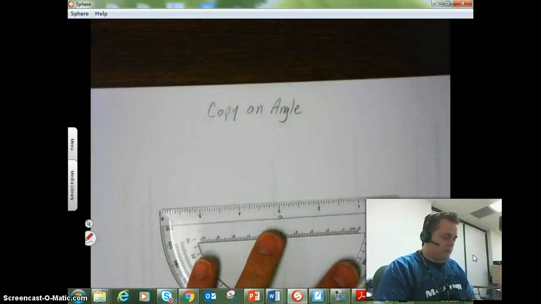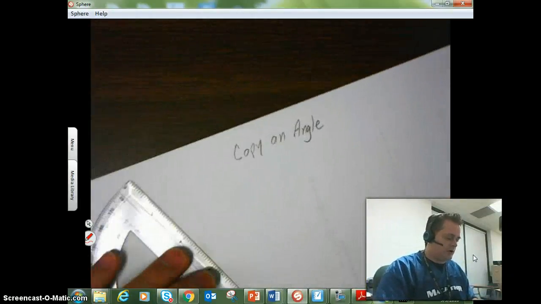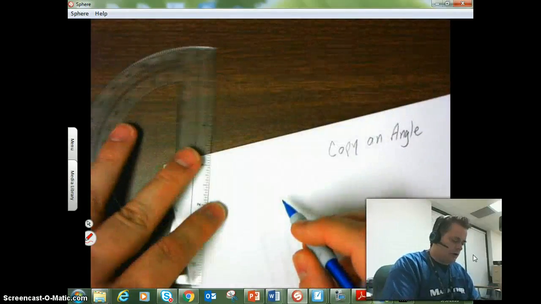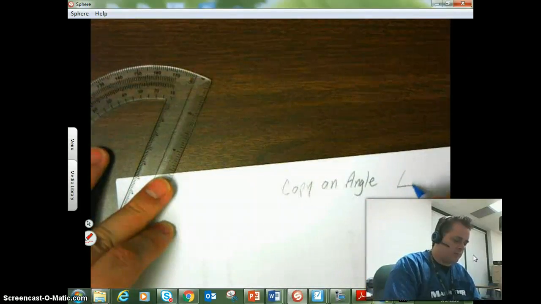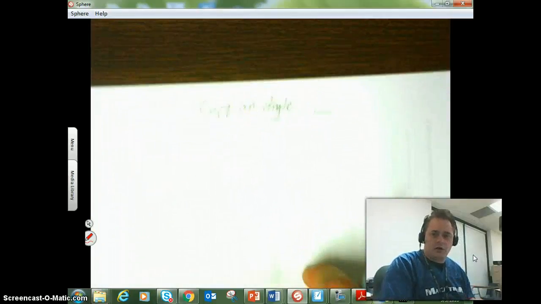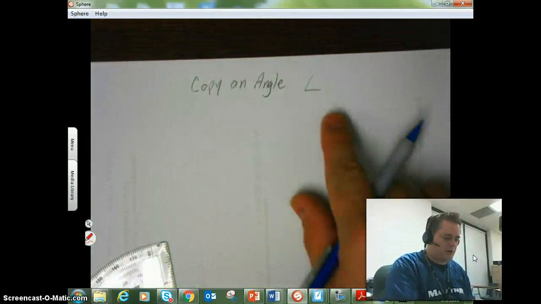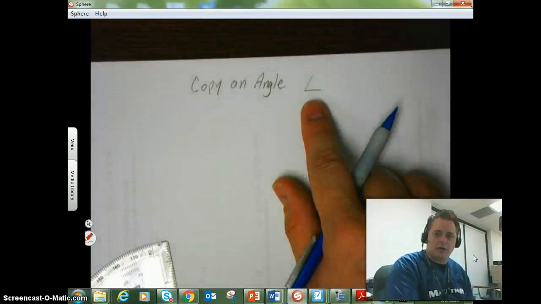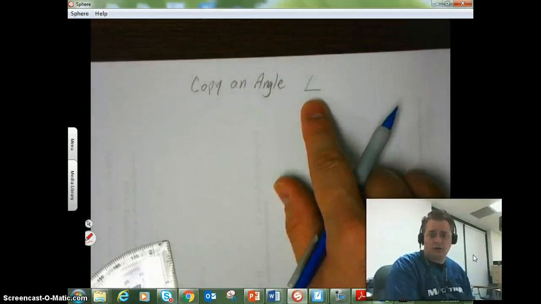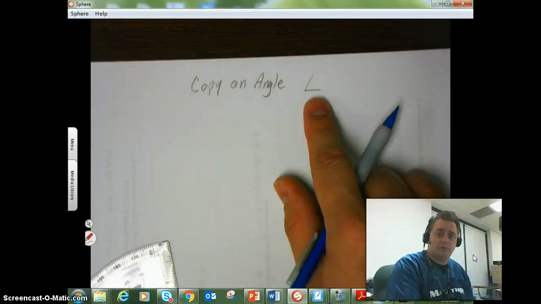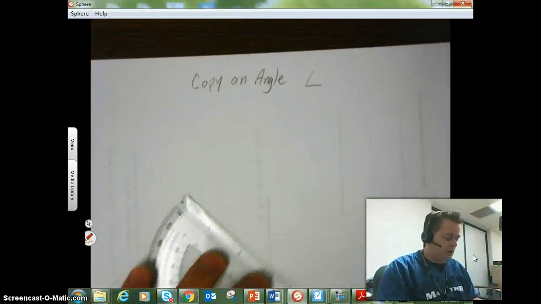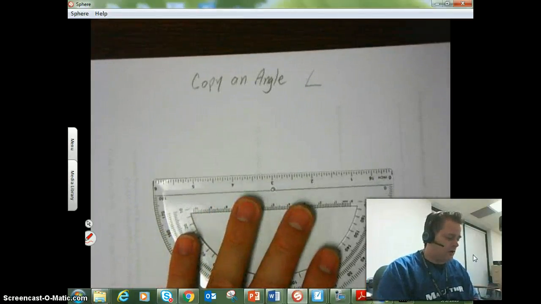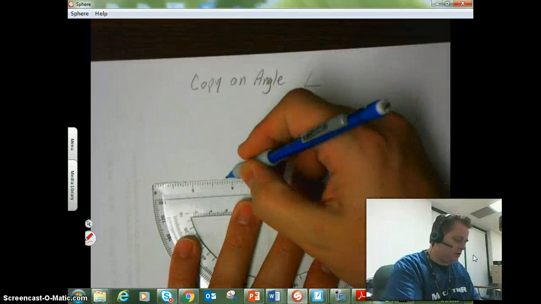Now, because we read from left to right, I think a lot of times people like to make their angles looking like that, which is fine. And if you're left-handed, that's really the easiest way to draw your angle if you're going to be copying one. I, however, again, am right-handed, so I'm going to use my